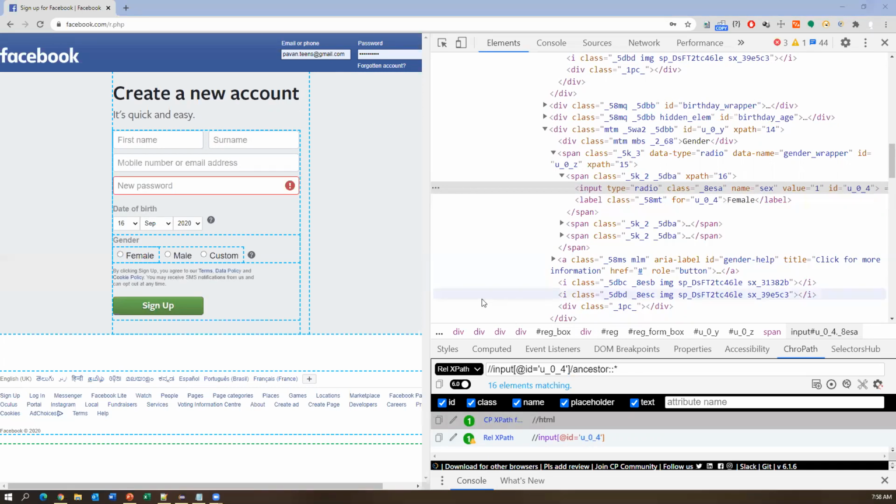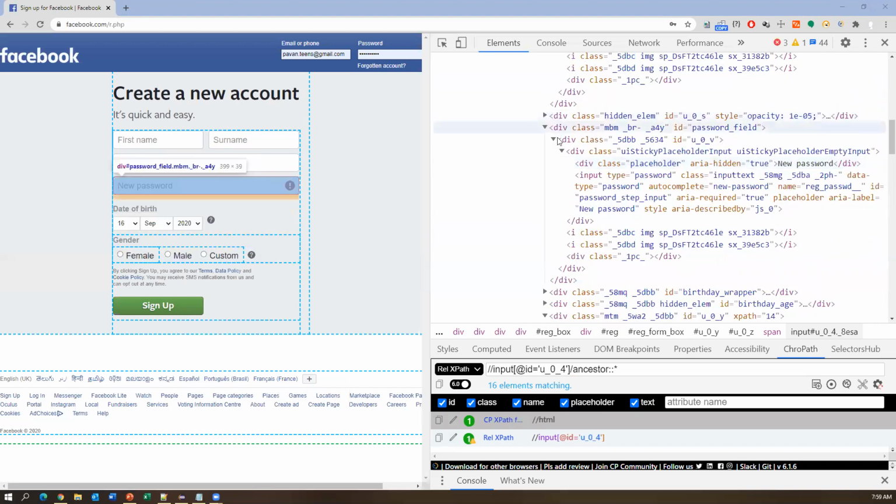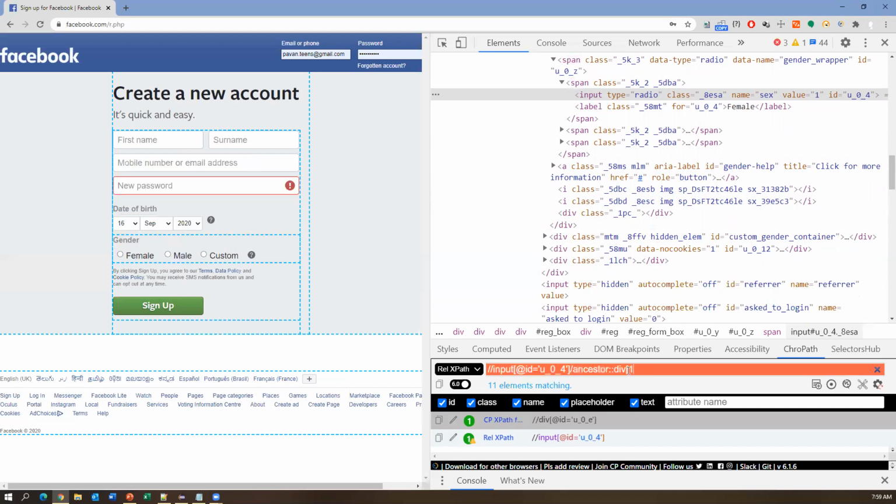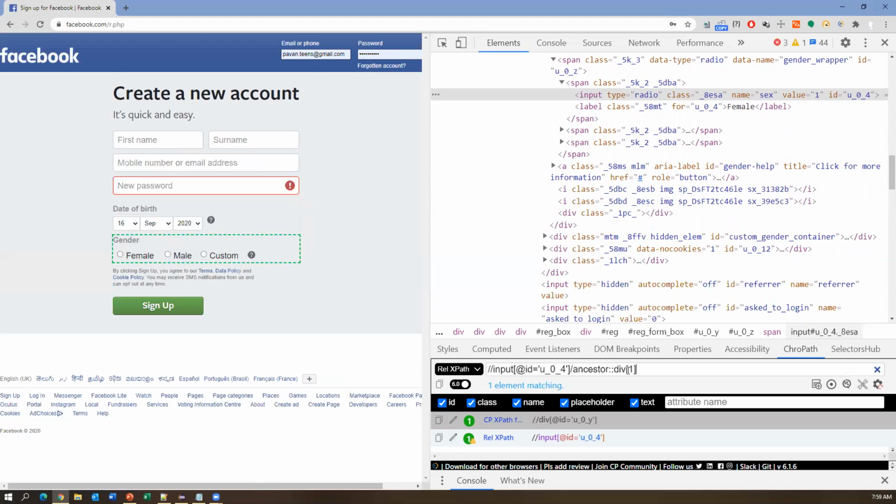Again, if I look here, everything is in the div tag only. All the ancestors are available inside div tags. So instead of star, I'll say one div tag here. Now 11 elements are matching. If I say div, first index, I don't see any element matching, but it is giving one element matching. When I say 2 here, we can see it is exactly matching the form. So from the radio button, we used ancestor, and when I say div of 2, it exactly matches the entire form. Now we have reached the form.